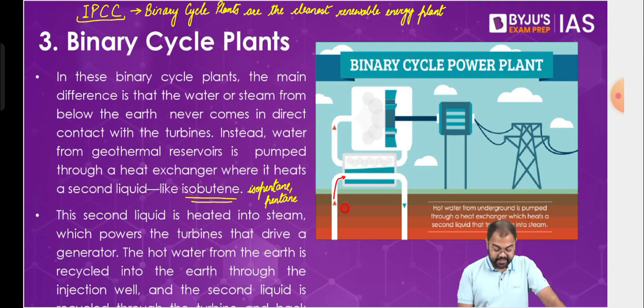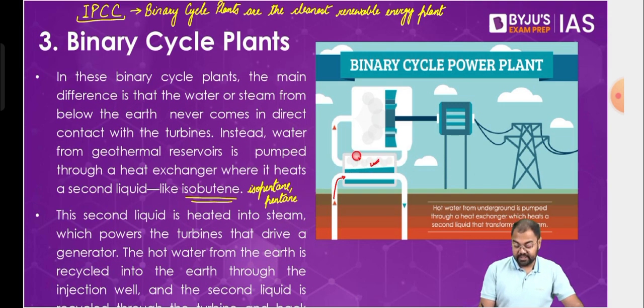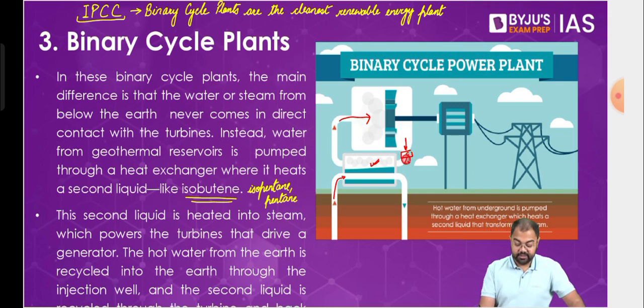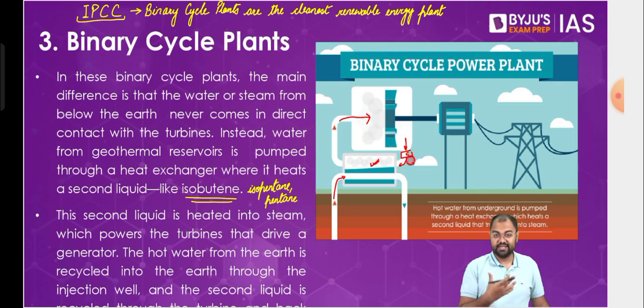Now, what happens is that the heat inside the earth, which is at a higher temperature, as soon as it comes in contact with the second liquid, the second liquid also gets heated up and it converts into its gaseous form. So this isobutene, for example, will be there in the second cycle. It will convert into its gaseous form, and then it will be taken to the turbine. As soon as it goes to the turbine, again the same process, and it will be in its liquid form, coming back here, again coming in contact with the steam or the heat that is coming from inside the earth, and it will continue.